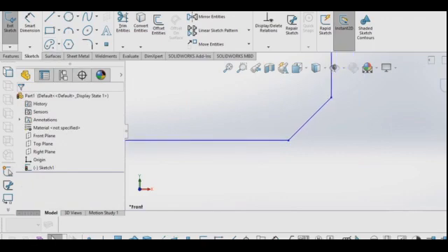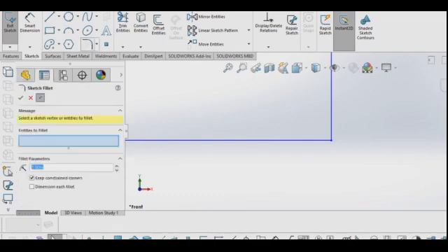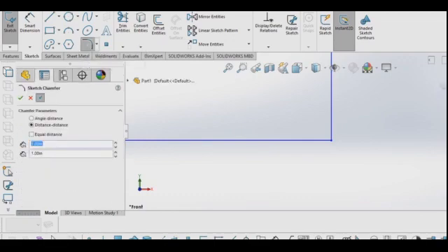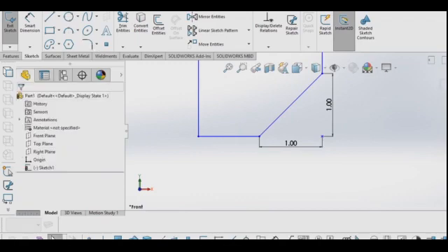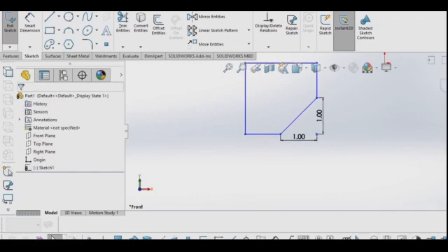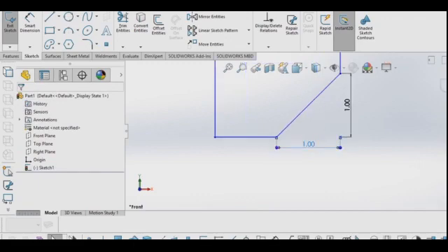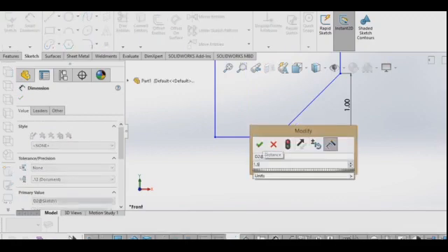I will go for chamfer. I will select this line and that line. I am in the distance mode. There is one, you can make that as 2 as well. You can double click on that, it will be edited, but you cannot go for 2 because there is no chance of 2 there. I will give it as 1.5 here.